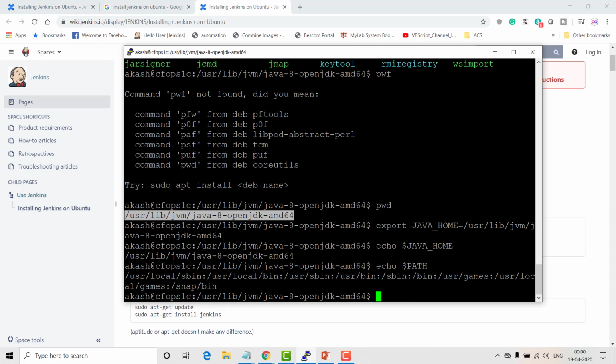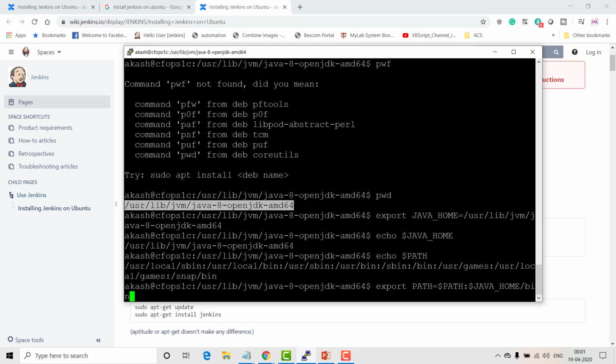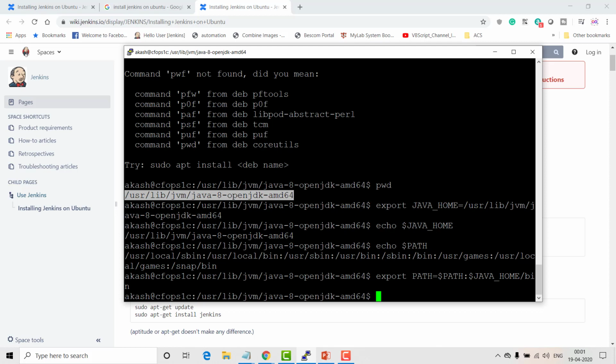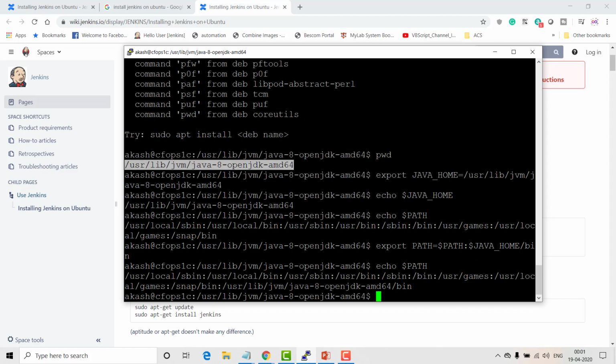So we just have to export PATH equal to JAVA_HOME/bin. After JAVA_HOME, we have a bin folder where all the Java libraries are present. We keep the existing path and export that inside the PATH. Now if you do echo $PATH, you can see that Java is also available in my path.